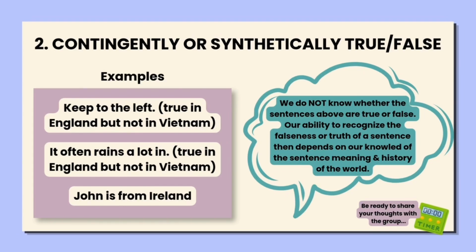knowledge about England's weather. Third, John is from Ireland. We also cannot know if this is true or false just by looking at the words. We need information about John in real life. So these examples show that synthetic sentences depend on our knowledge of the world, reality, and real-life facts, not only